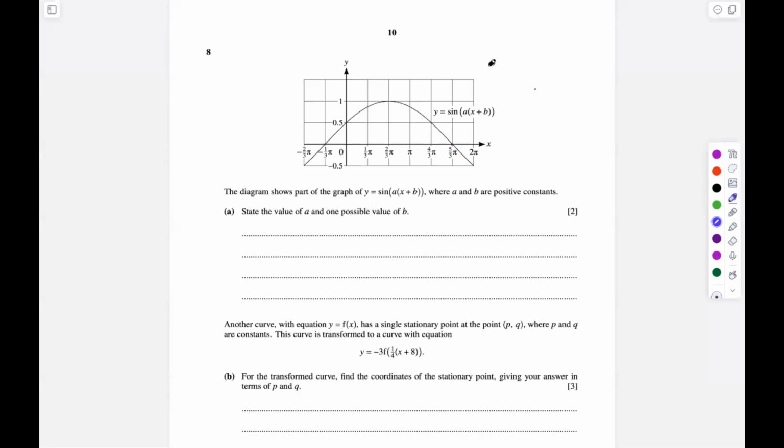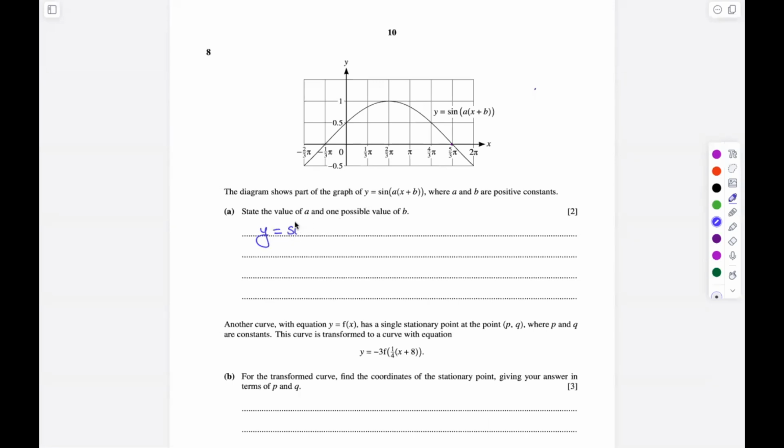In question 8, the diagram shows part of the graph of y equals sine(ax + b), where a and b are positive constants. In part A, we have to state the value of a and one possible value of b. Now, to understand this, first we need to know that if we have a graph of, let's say,